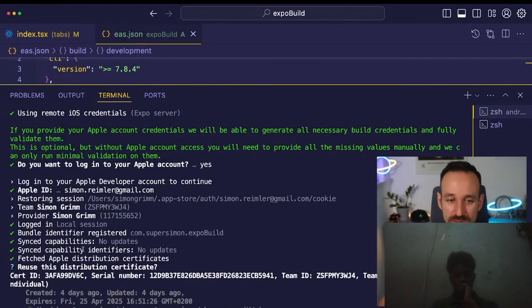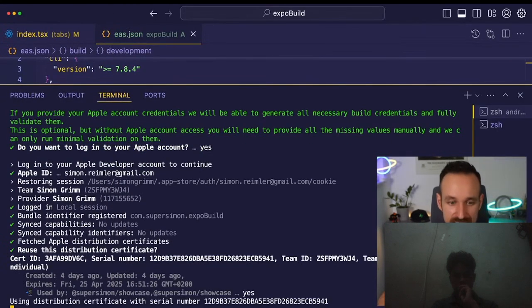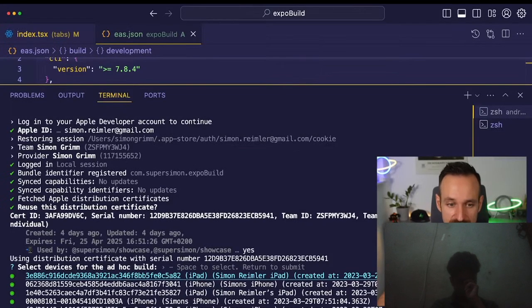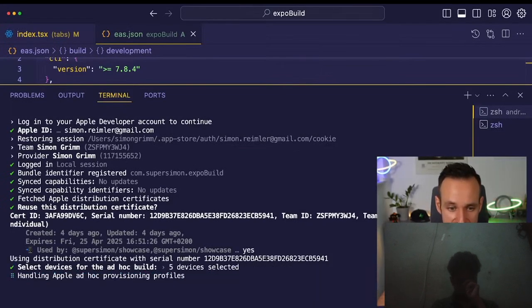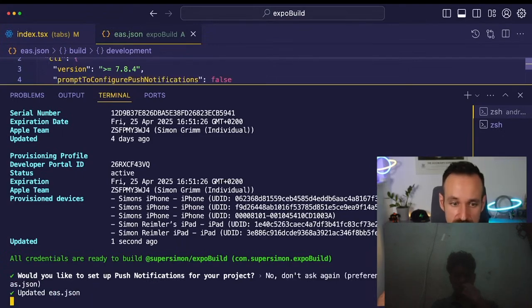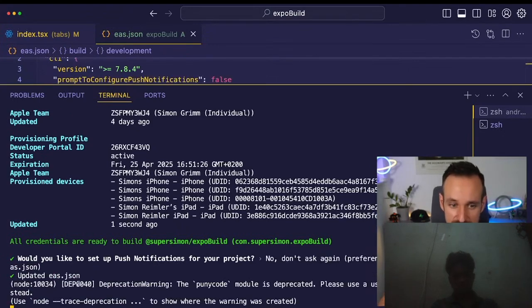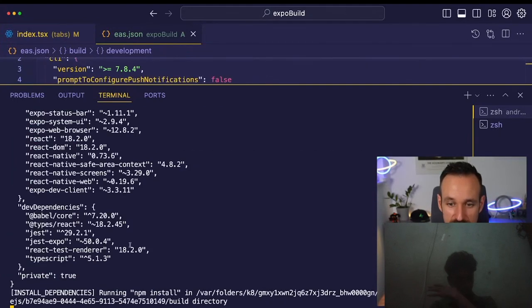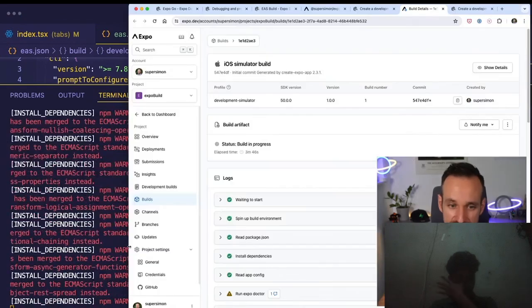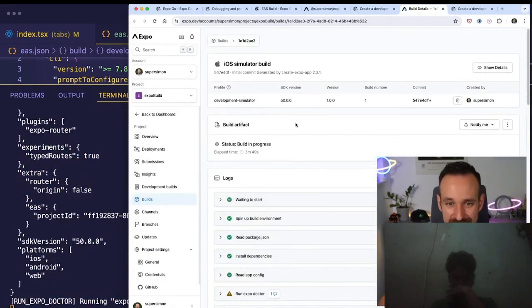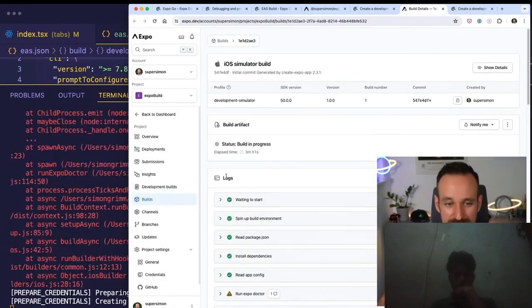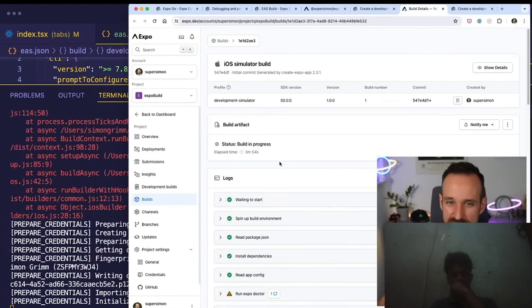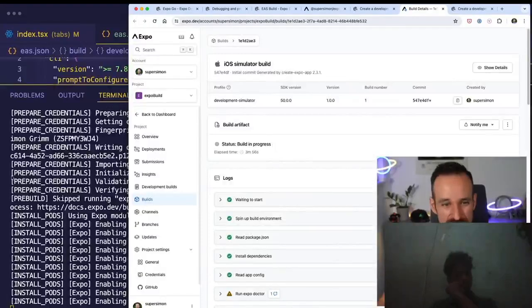And what's going on here is exactly the same thing. So yeah, select devices. I've included all the devices. Would you like to set up push notifications? No, don't want this again. So after a lot of questions, it will finally build my application. And then it will do the same stuff as I said that's doing here. It's using Fastlane in the background. You can also configure your own Fastlane stuff, but why would you do this if you could just use EAS